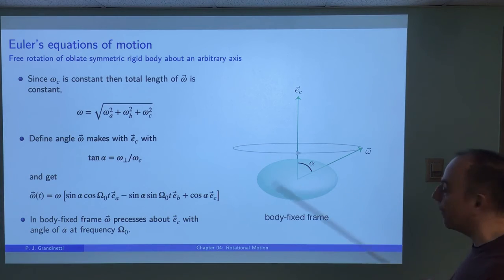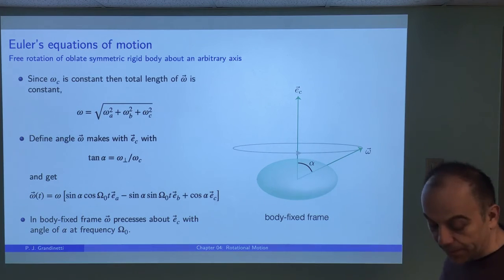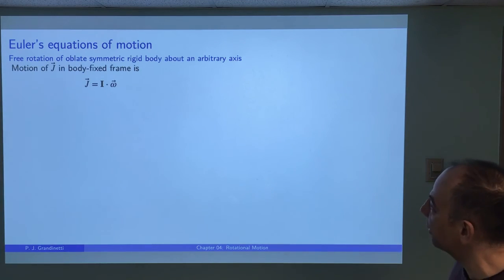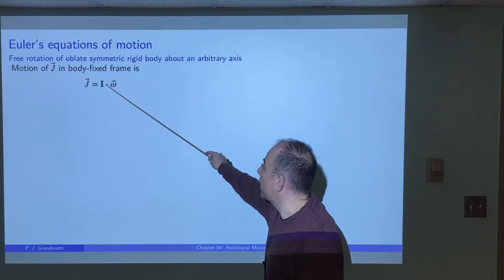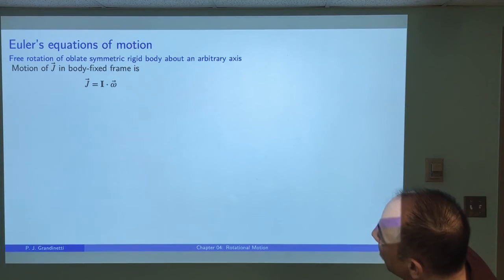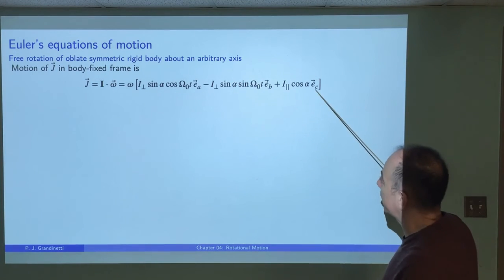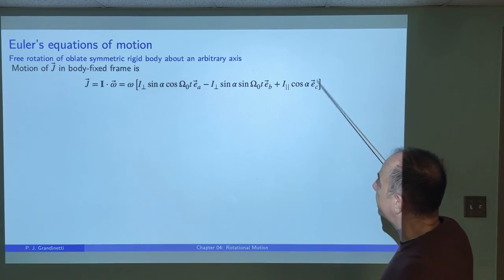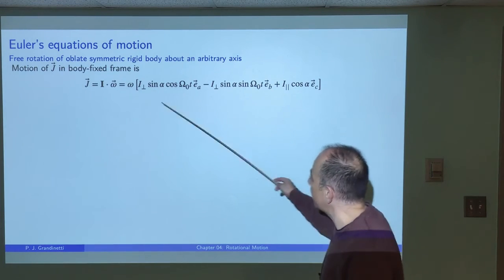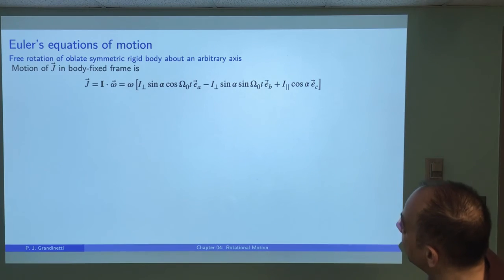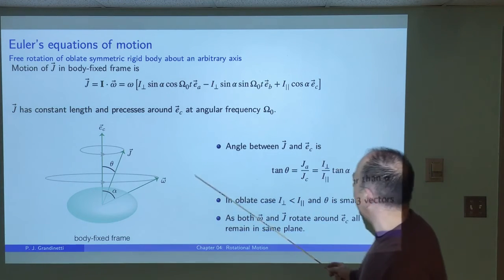Next, we want to look at what happens to the angular momentum vector, which is also going to be time dependent in this case. So let's look here at what we know: the angular momentum vector is just the dot product of the moment of inertia tensor with the angular velocity. So we can plug in our expression for omega with the moment of inertia tensor, and we're going to get this expression here. This is all calculated in the body fixed frame, the principal axis system. And so we get this expression, which looks very similar, except we have some different scalings after that multiplication. So what we find now is that J is time dependent,